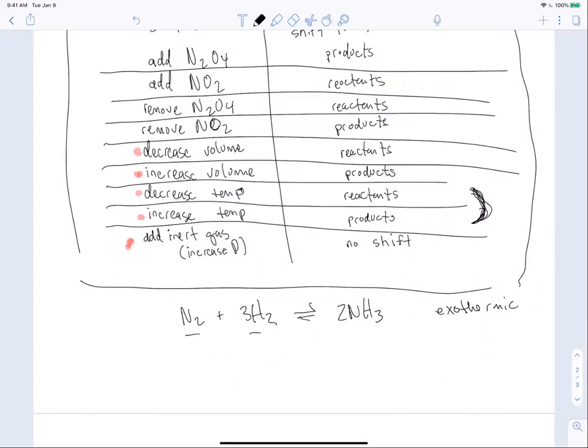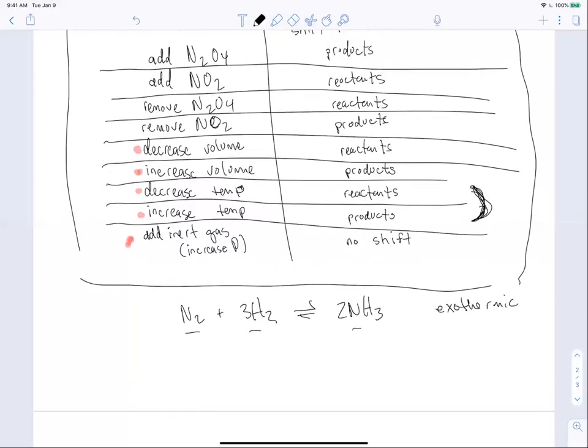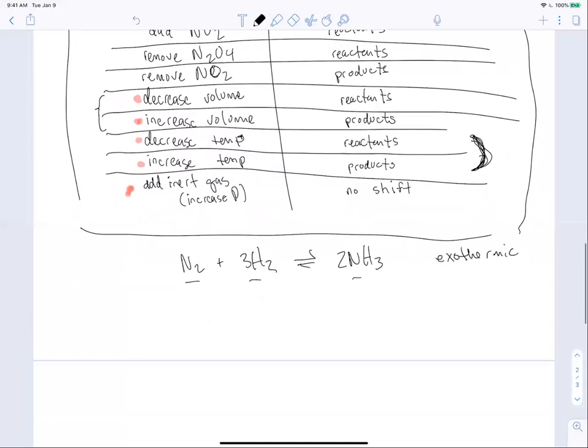What happens if I add H2? What happens if I add NH3? What happens if I remove any of those? What happens if I increase the volume, decrease the volume, decrease temp, increase temp? The only other thing I'd say is, if you're dealing with solutions, these two things, decrease volume and increase volume, don't really make sense anymore, because I think this is obvious, but I'll